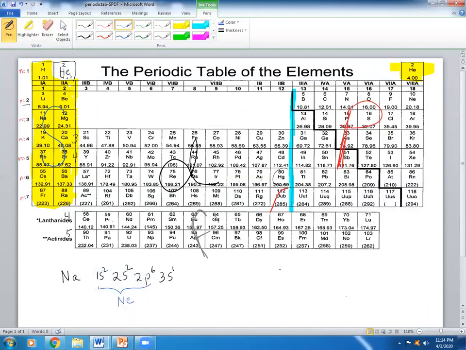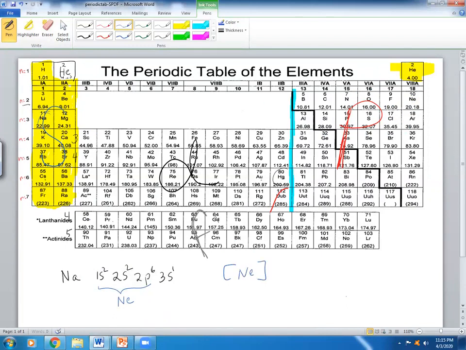But what we say instead is, okay, here's sodium right here. I say, okay, let me write the noble gas that came before it. Not after it, but before it. And it also applies to other elements that came before or after neon. So I say, okay, put neon